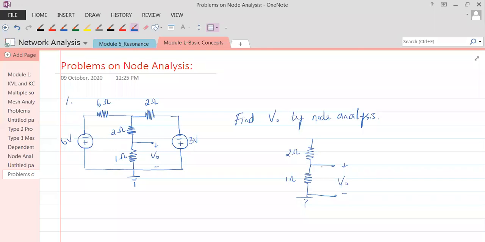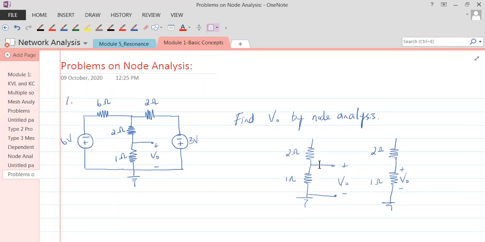Everybody understand that? These terminals may sometimes confuse you. They could have written V naught simply like this, with this being 1 ohm and this being 2 ohms. What they have done instead is drag these points out. Otherwise, it is just this. But there will be confusion if you drag this node up to here.